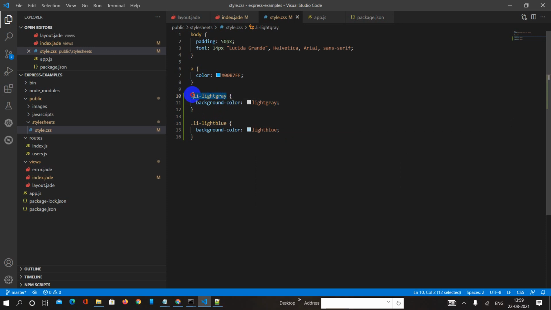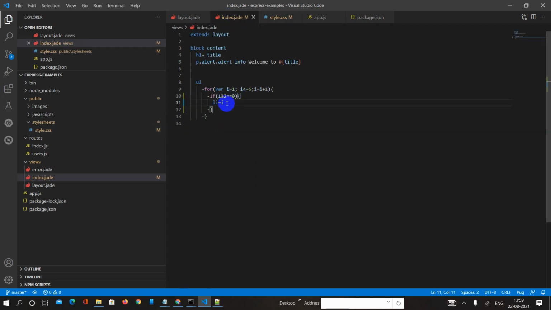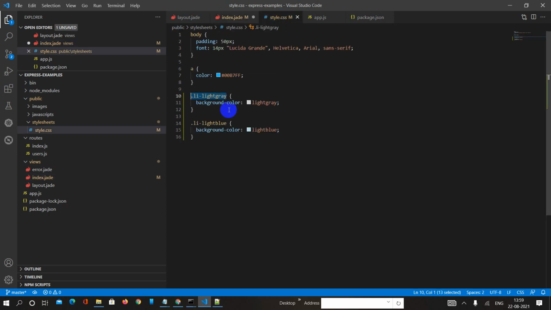And what I have to do is use this class light gray with odd actually, so I'm going to use light blue with even,